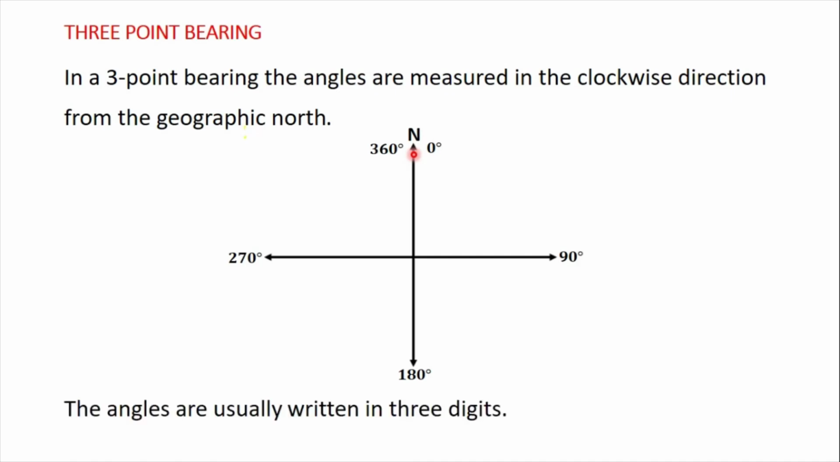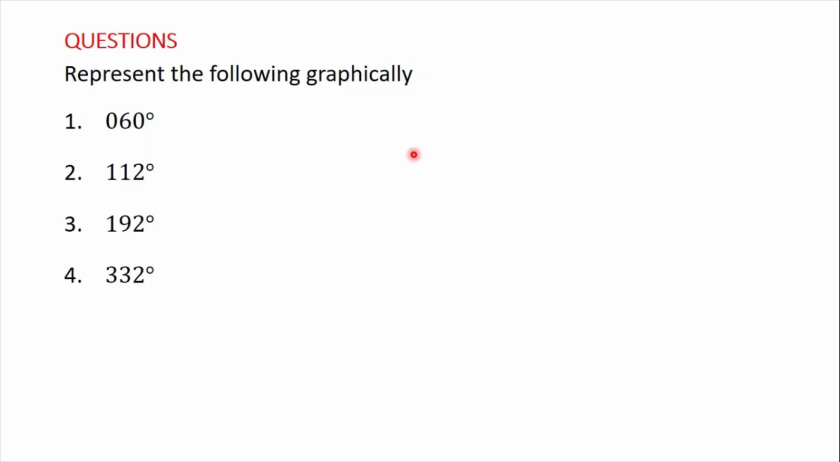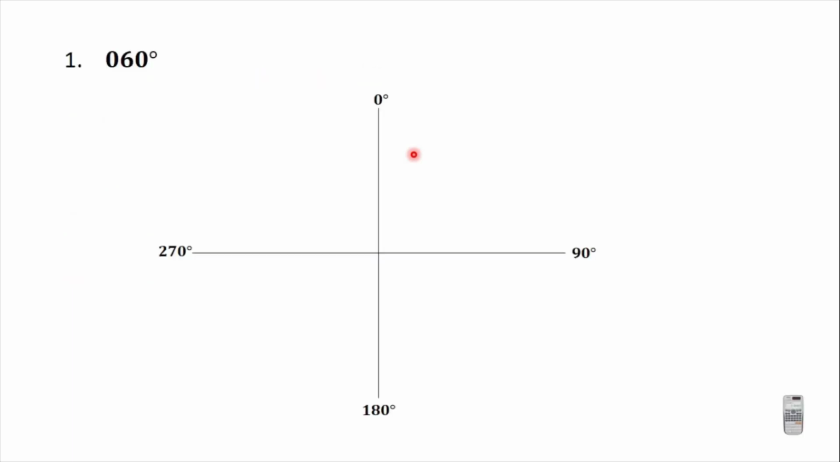The angles in 3-point bearings are usually written using 3 digits. Let's pick some examples and see how to represent 3-point bearings on diagrams. So the first example: represent the following on diagrams. We have 4 questions here. We will take them one after the other and solve them. So we pick the first one, which is